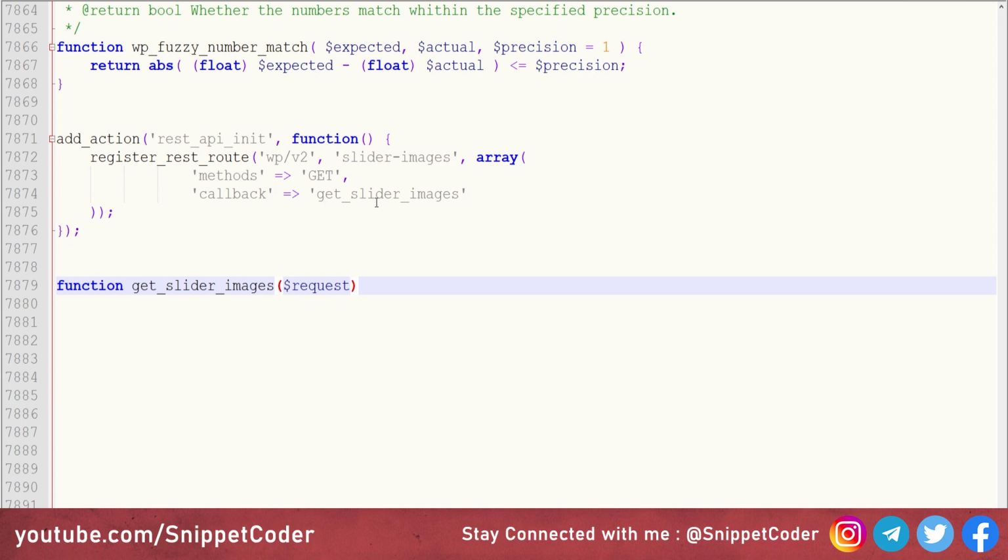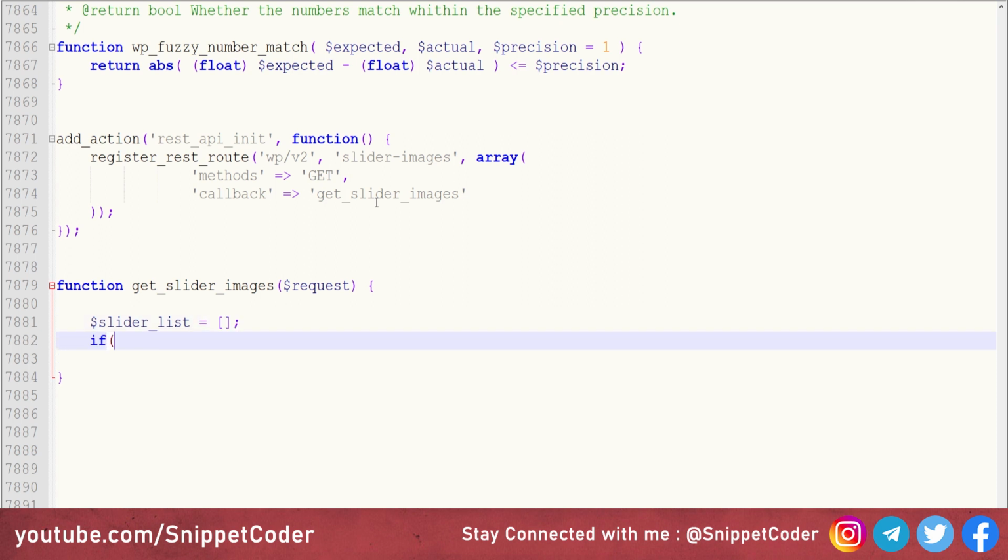Here we have to pass one parameter, that is slider ID, and that ID will be our page ID that we have created in our admin panel. And here we will create one variable, and the variable name is slider_list, and we are making it an array type.